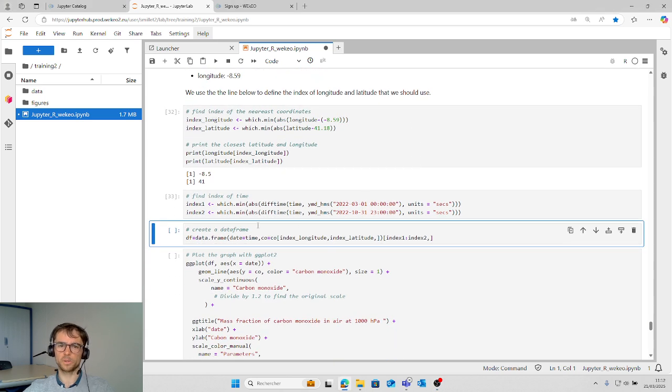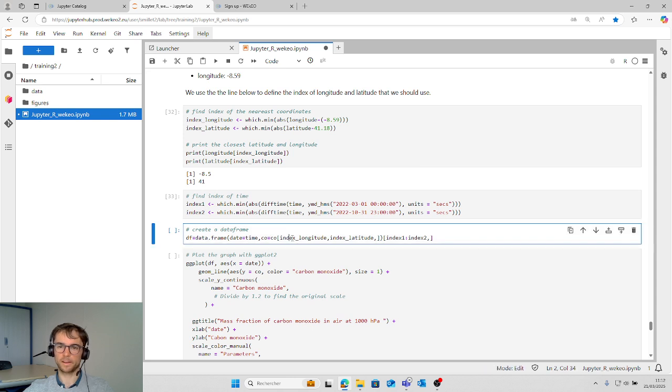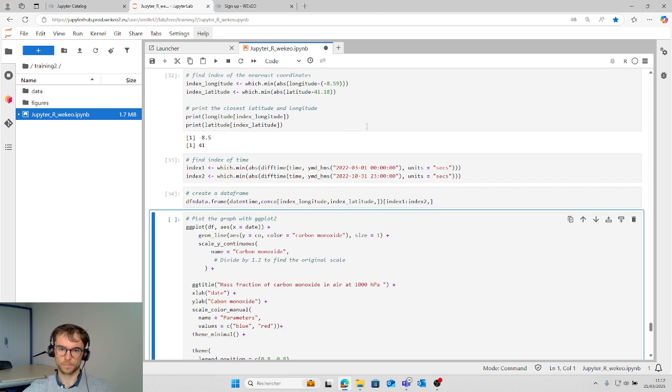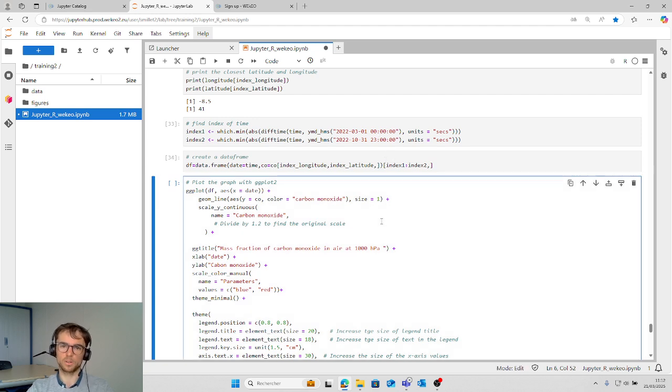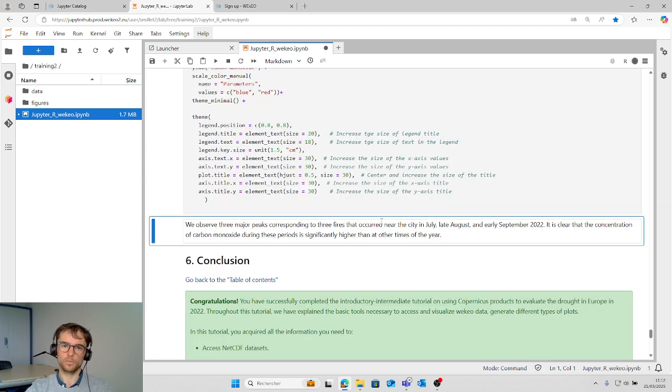And finally, we create a data frame with the index of longitude and latitude because it is one point. And then we select the time between these two dates. And finally, we plot the time series.